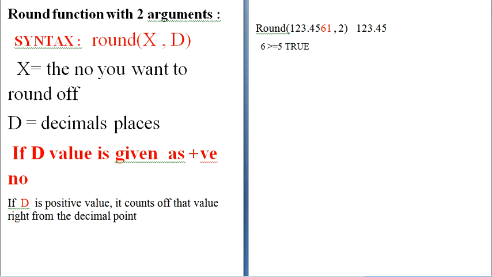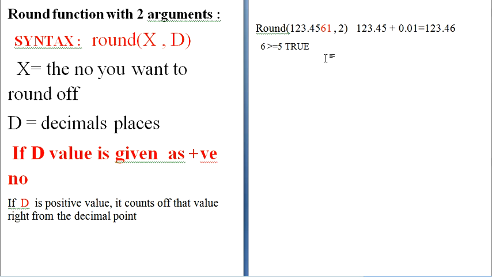So whatever value we have passed, it will add 1. Where that 1 will be added means, to how many digit positions you are using. In this case, 0.01 will be added, and then you will get the result as 123.46. So however many decimal points you want, that many decimal points it will take into consideration, and 1 will be added to it. Okay, so this is how it works.